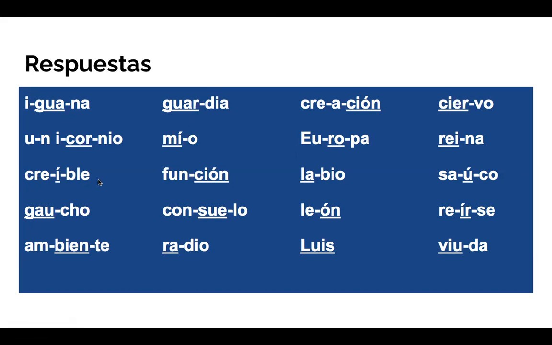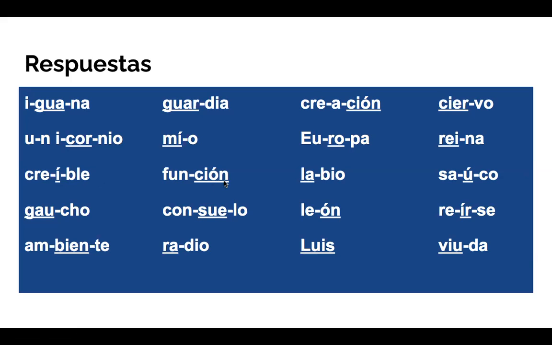Creíble, believable, creíble. So here we have a strong vowel and a weak vowel next to each other, but they're separate. They didn't form a diphthong. They don't fall into the same syllable when it's pronounced. It's pronounced as a 3-syllable word, creíble. To show that separation between the weak vowel and the vowel next to it, you must put an accent over the weak vowel. That's why creíble has an accent.